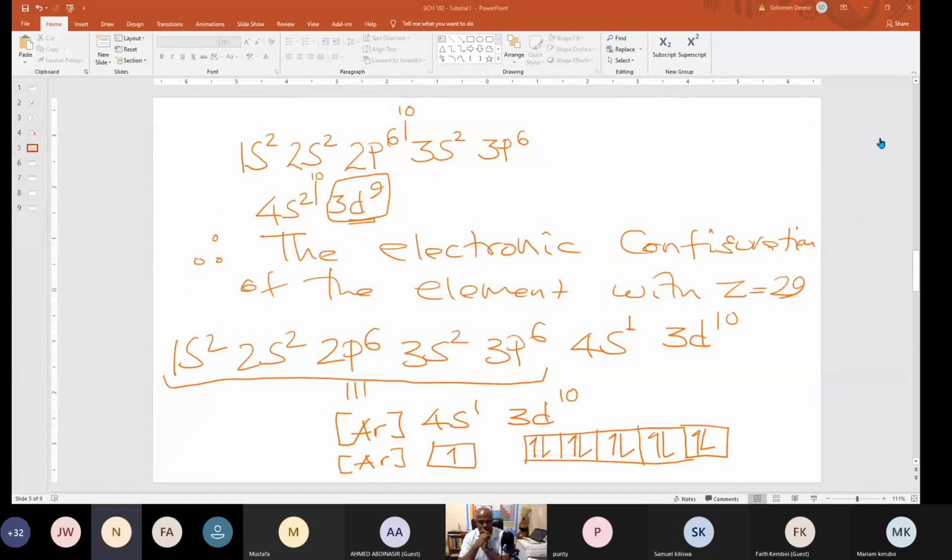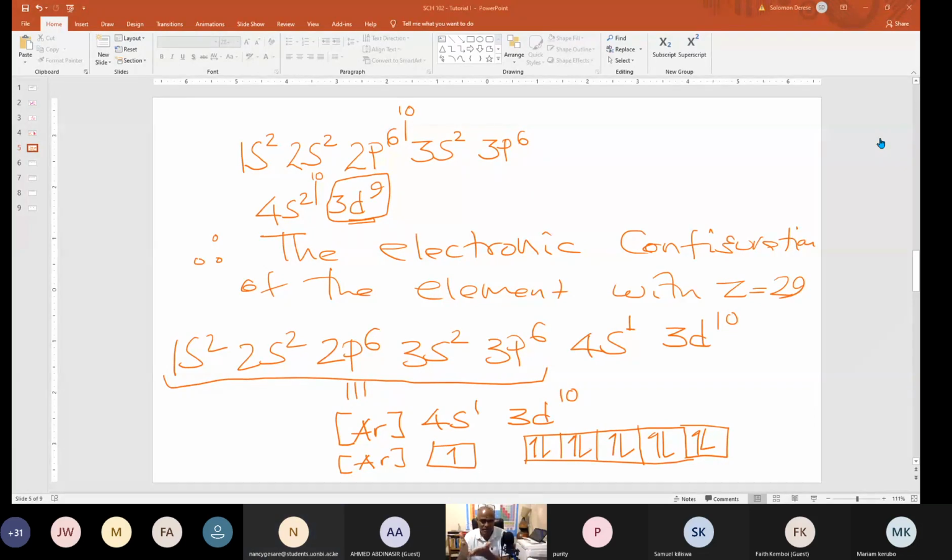Yeah, I've got a question, sir. I want to write the electronic configuration of a certain element, and I've not been told to write to the nearest noble gas. Despite that, I write it. Is it an offense to do so? No, my dear. If you go over and above, there's no punishment, isn't it? But a punishment will only come in